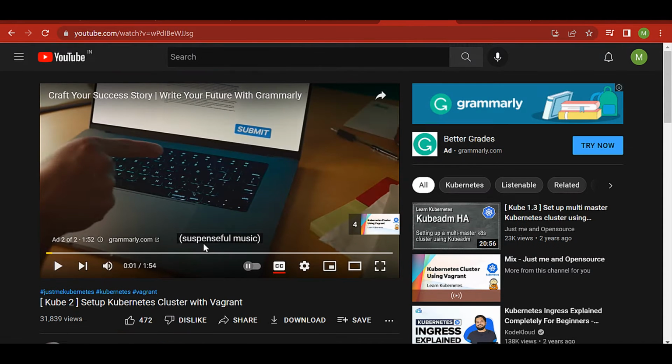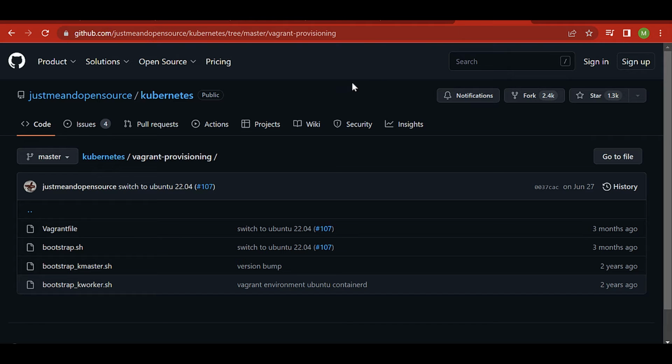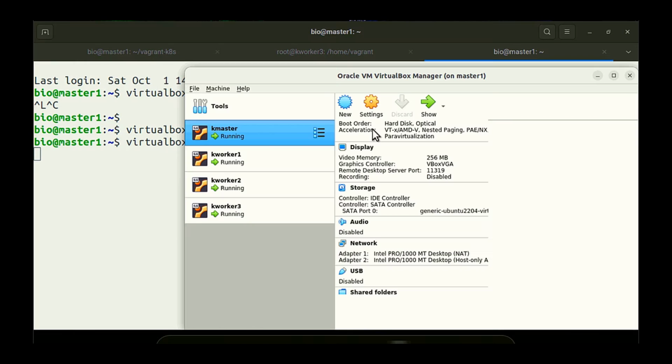I'm using an open source project where someone created Vagrant based scripts. This time I'm creating Kubernetes using Vagrant, because we need some extra hard drives, which is not possible on physical systems. So we created the virtual system VMs using Vagrant, and then we connect some external hard drives. I already have some systems running, so first we need to shut down all the Vagrant machines.